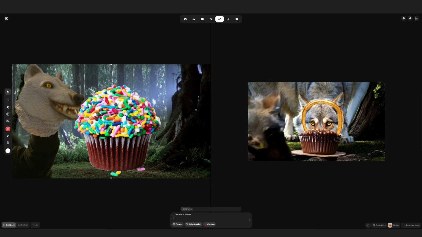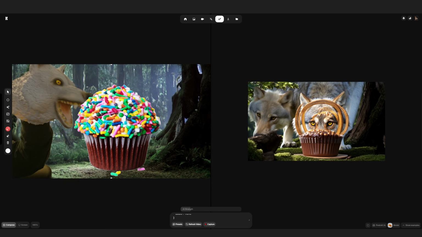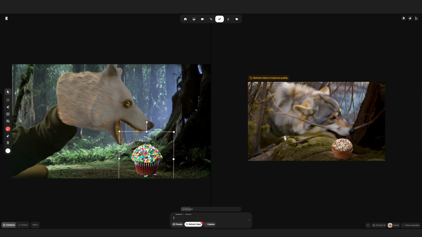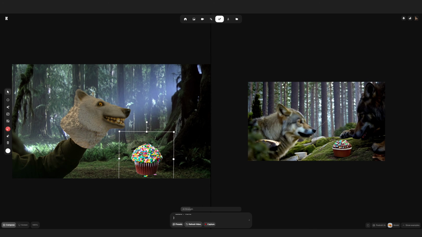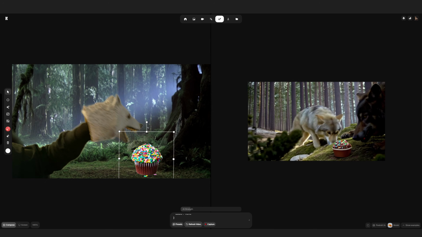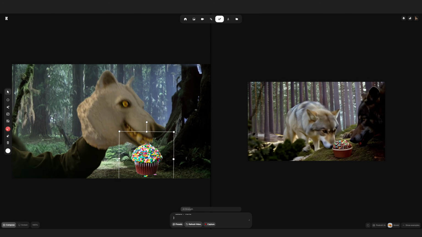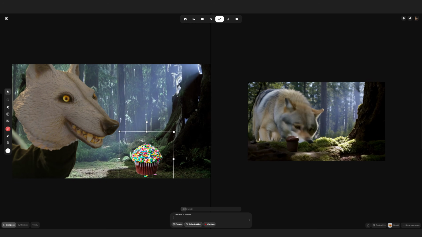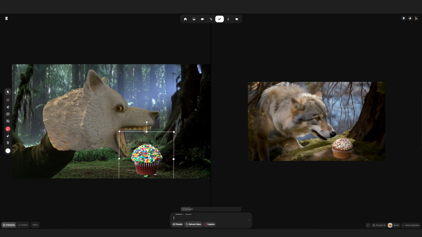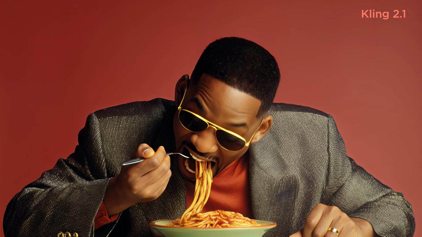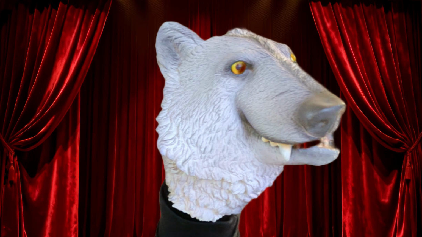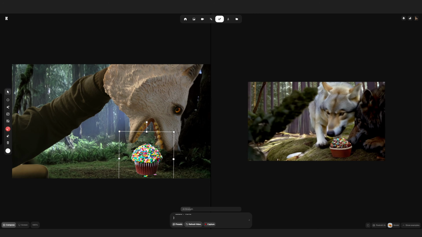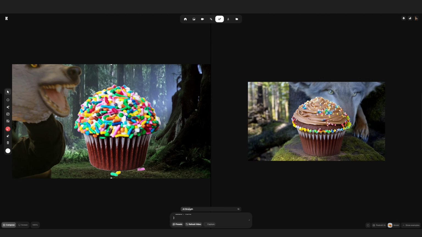Now, when it came to actually eating a cupcake, things didn't exactly work out. For a bit, the wolf chewed on a stick. As you do when you're a wolf, we had a brief run-in with what I assume was a rival alpha male cupcake enthusiast, and it did eventually get really close, but mostly just nuzzled in and around the cupcake. Non-real-time models struggle with eating, even with human faces involved, so I guess that's not a huge surprise. I think it did a solid job on the wolf and cupcake generation at least.